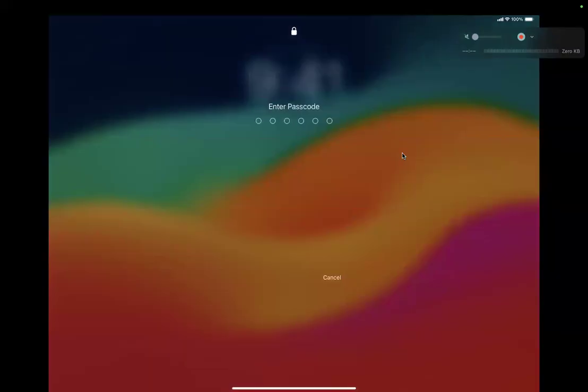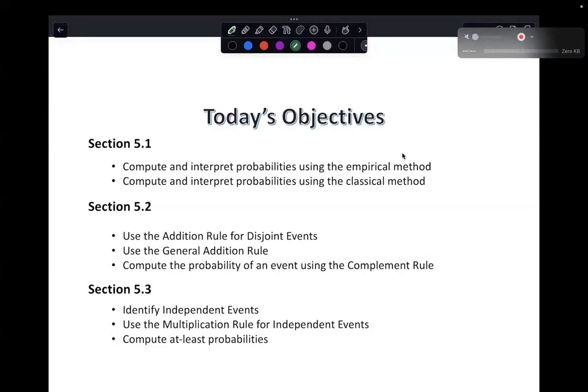Let me get my iPad to open back up. All right,